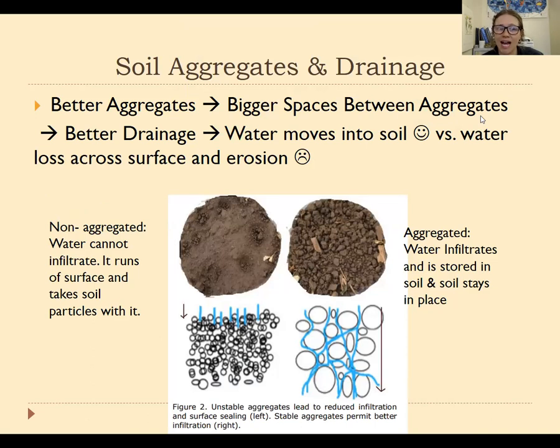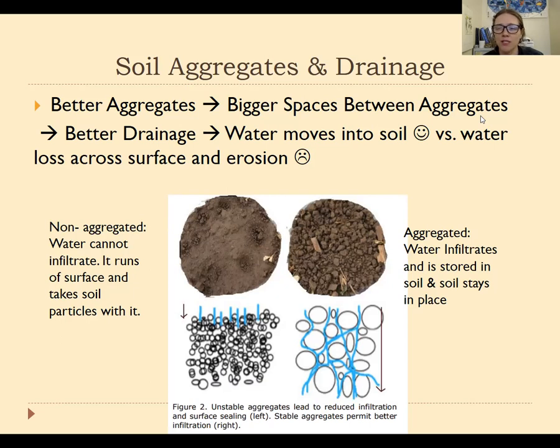But on the other hand, we really want soils to be able to drain fairly effectively so that they are able to absorb water in a rain event, especially if we live in an environment where it doesn't rain that many days of the year, in a place like California. So when it rains, we don't want the soil to only be able to absorb half an inch of rainfall and then have all the rest of the water flowing across the surface, kind of like a sheet flow, which is going to lead to erosion, but also is going to limit the amount of water that's available in the soil later on after it stops raining.